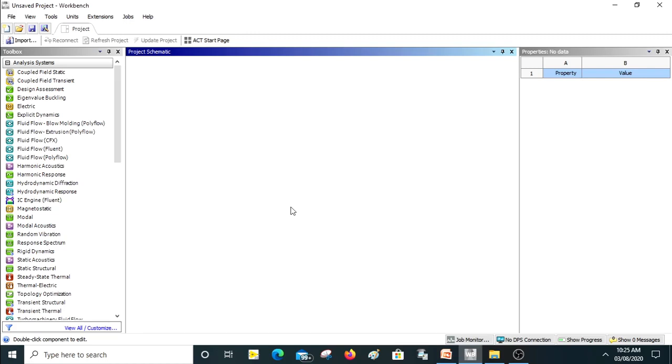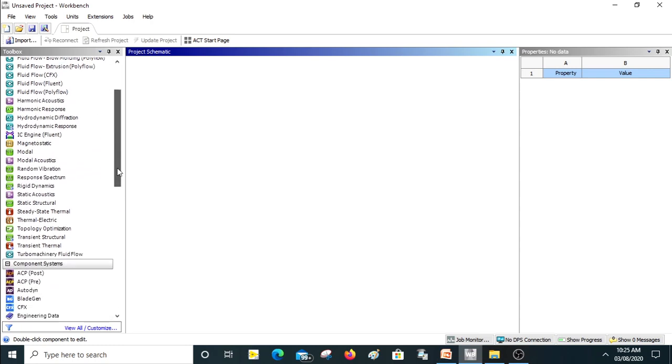We are basically going to discuss how you can use the rigid dynamics cell in the latest version being released from ANSYS, that is 2020. Rigid dynamics is a way where you can do motion analysis or kinematic analysis in ANSYS Workbench. So let us go into the hands-on session, on how one can use the rigid dynamics cell.